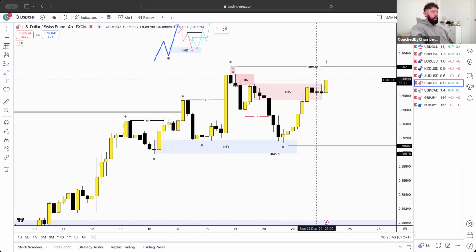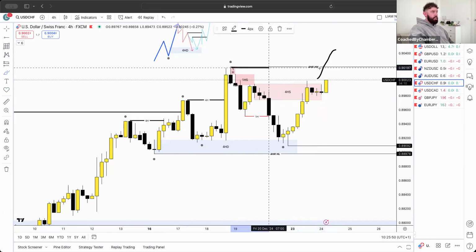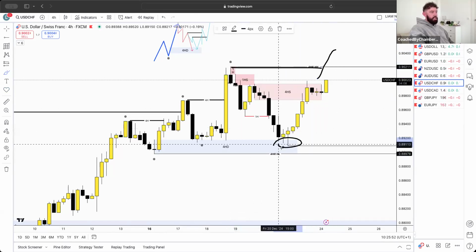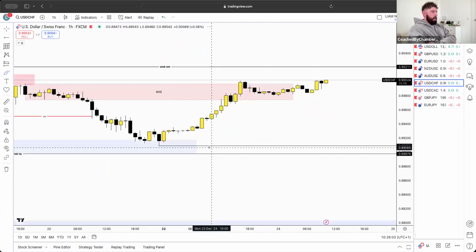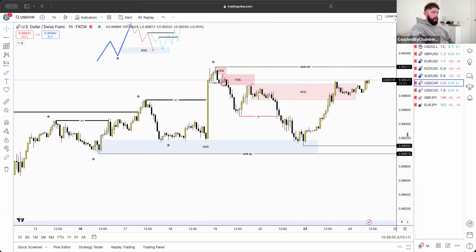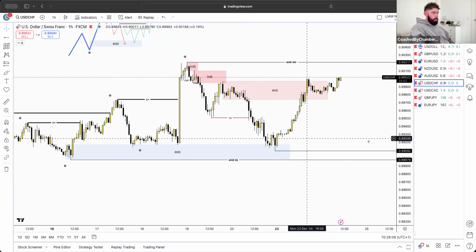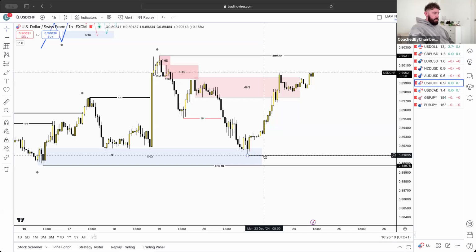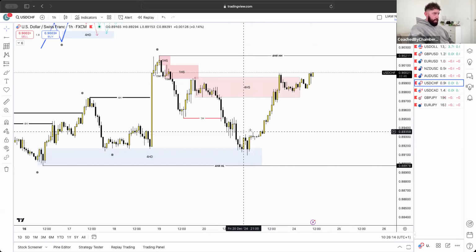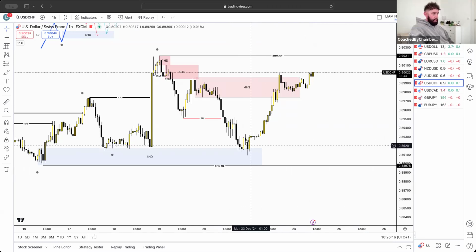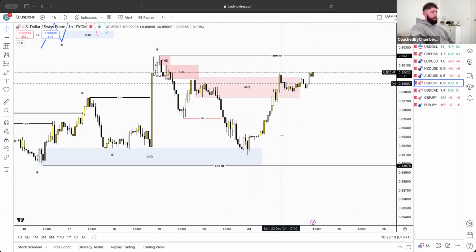If we break above this high and have a break of structure, this is our valid higher low. So currently right now, you'll be able to notice that it was last week where I gave this 4 hour demand area out, and we are reacting perfectly from that. So let's just see what we can see. As you guys can see, let me get rid of this. We had a liquidity sweep, and then we come back down and we reacted from this last two positions to carry on this trend up.